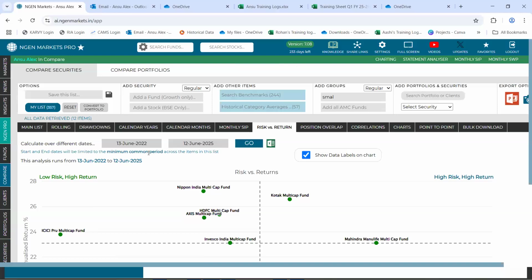Finally, right here, the report that you could generate from the compare section would be a PPT report.